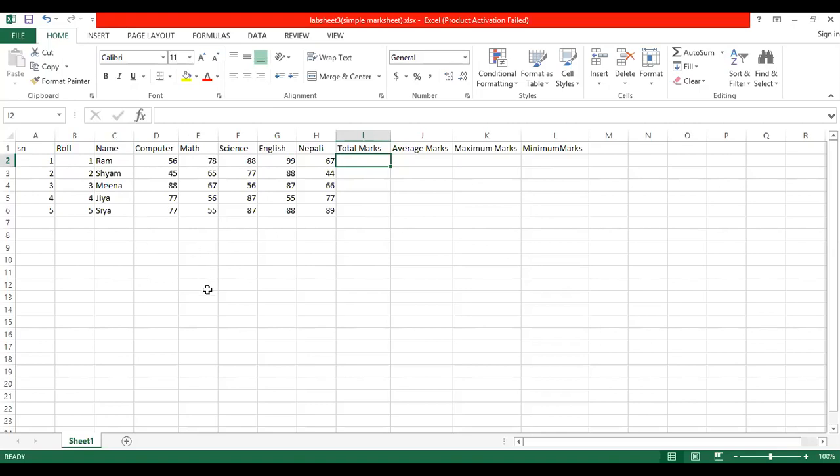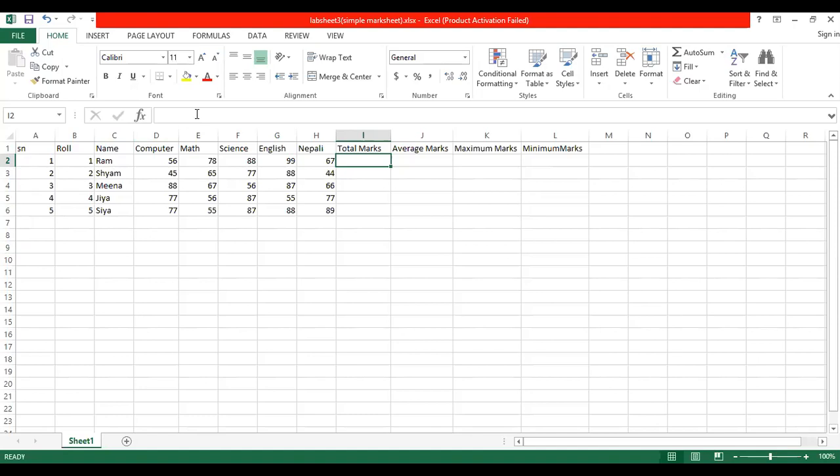And when you have to give the formula, always use the computer's row number. You see here, see the mouse pointer: 1, 2, 3, 4, 5, 6. This is the first row of your worksheet, this is the computer's row number. You have to use this one. You will not use the serial number or roll number. You will use this one, the first one. When you give the formula, you have to use the column name first, then the row number.